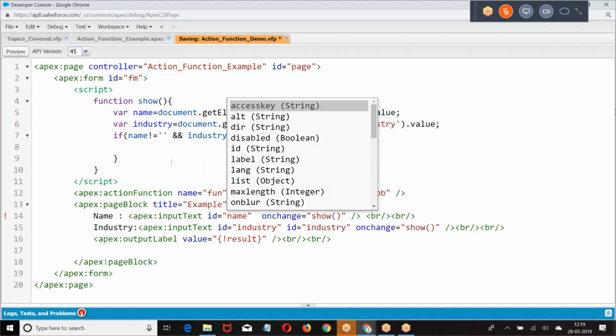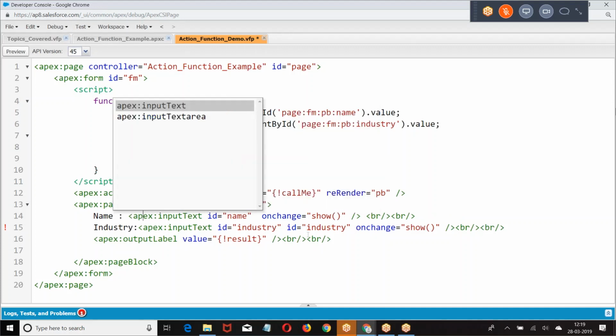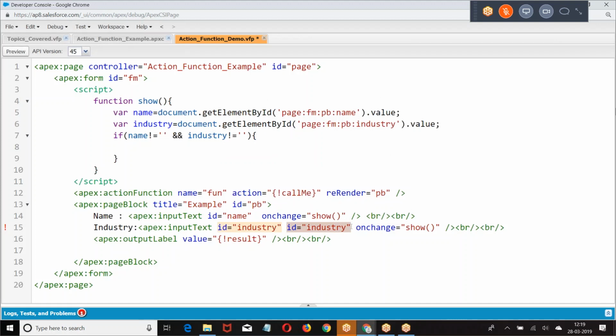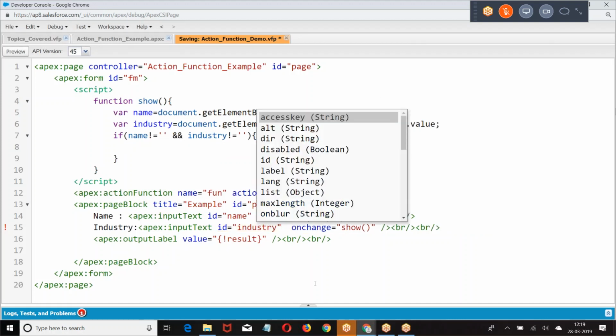I want to call the action function only when the values are entered.